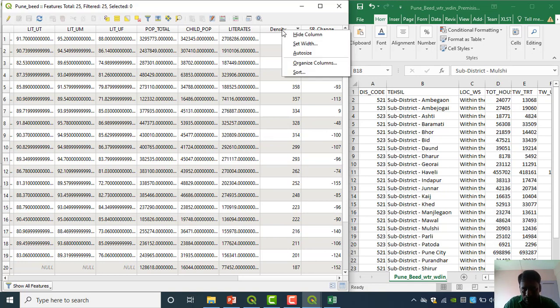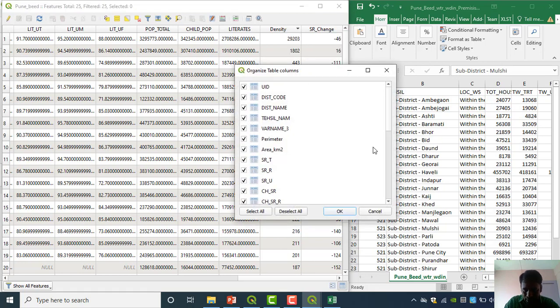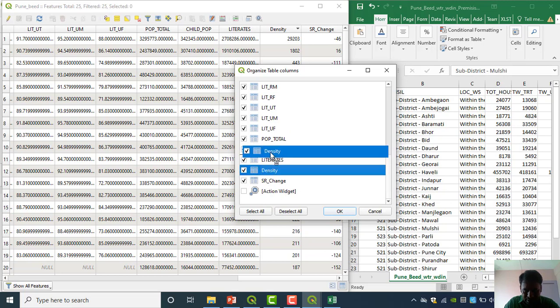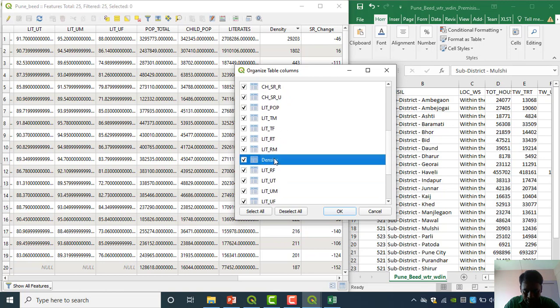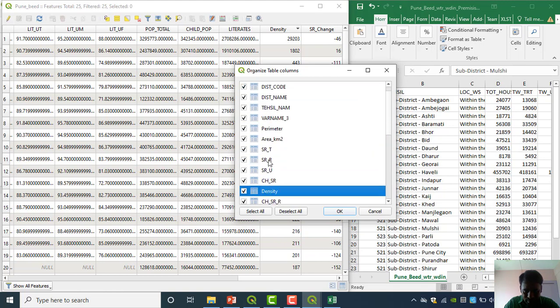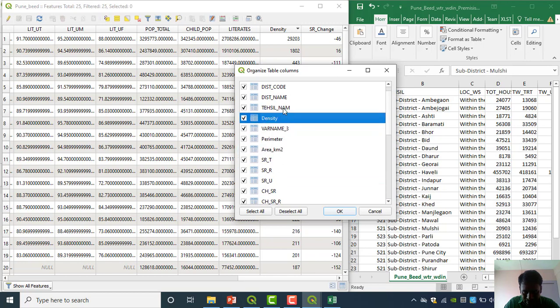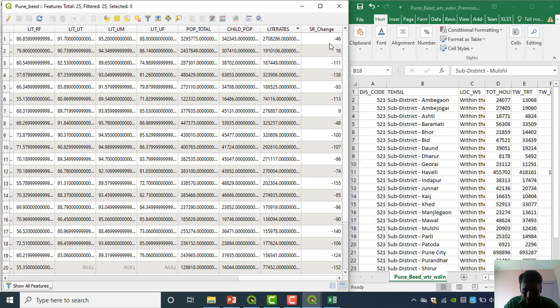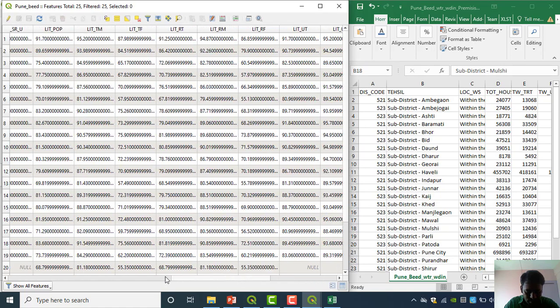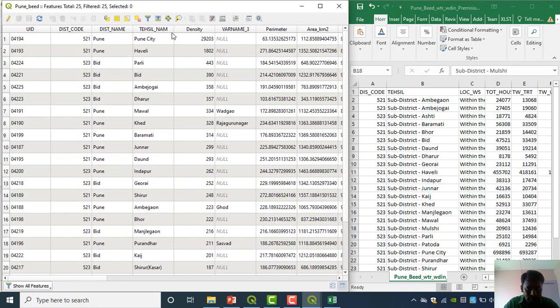We just right click over here and organize columns. Go down here, somewhere here is our density. We drag it on top, near the tehsil name. That column is shifted from here to here, tehsil name and density. Now it is near.